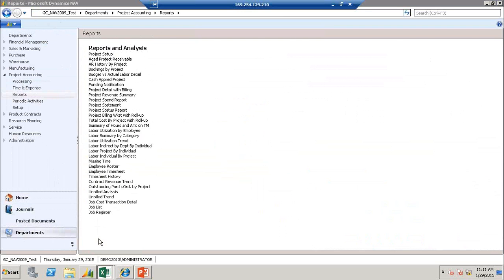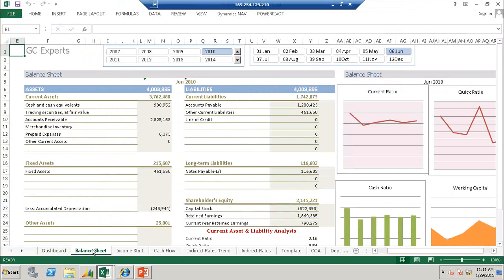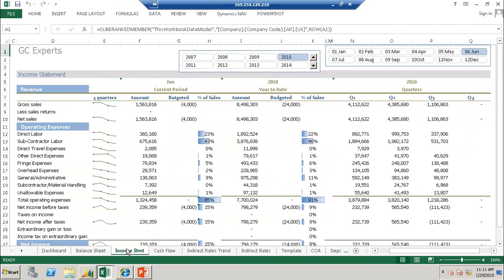The thing that's great about Excel is that, one, a lot of people already know it and use it, and number two, from an overall investment perspective, you've already made that investment in Microsoft. We've built out standard data cubes that for any client that uses those analysis cubes, they get these views out of the box. So from a financials perspective, everything from a business overview, which gives me a trend of revenue, profit, and AR, balance sheet with its own key metrics, similar idea on the income statement side, and we're leveraging some of those Excel technologies, things like sparklines, things like slicers,